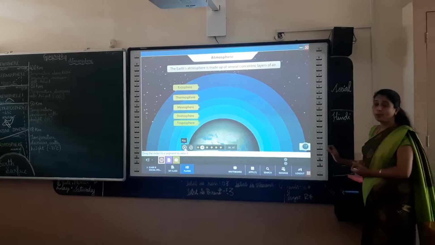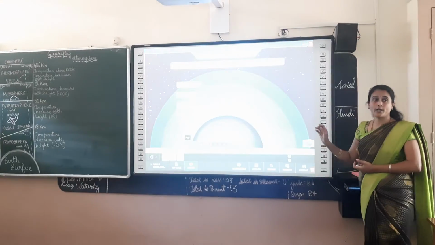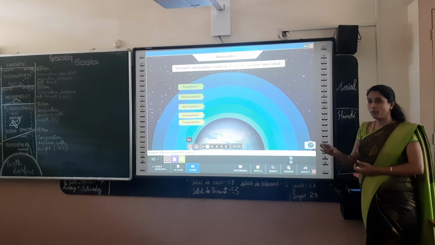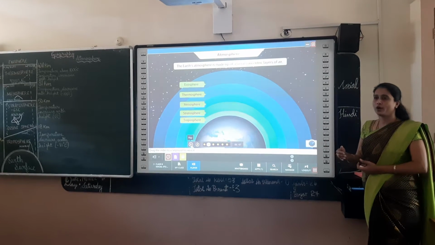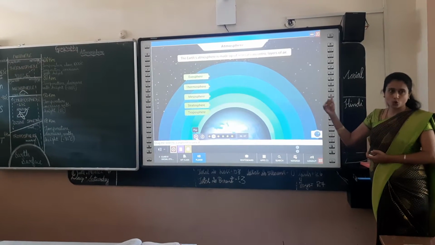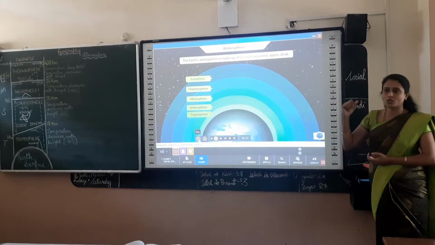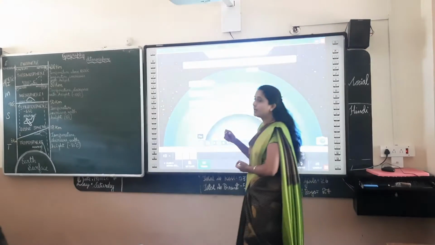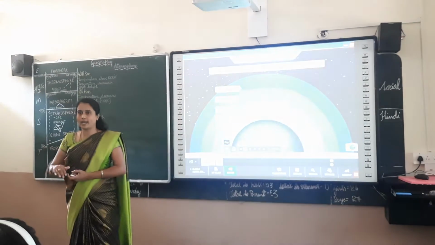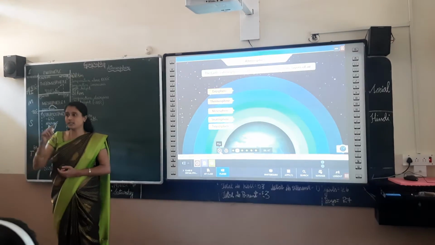So these are the major layers of the atmosphere. The troposphere is considered the lowest layer, closer to the Earth's surface. Do you remember, most of the climatic conditions, our weather phenomena, take place in this layer only, which is closer to the Earth's surface. And the next are stratosphere, mesosphere, thermosphere, and exosphere. These layers are divided based on their extent from the Earth's surface, as I have already told, and also based on how the climatic condition differs in each layer.